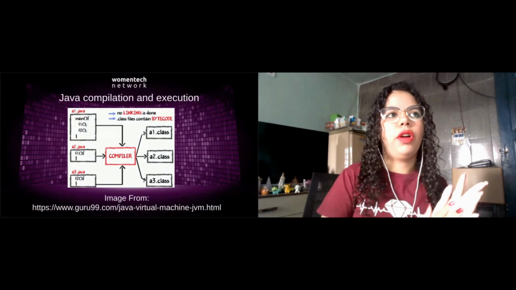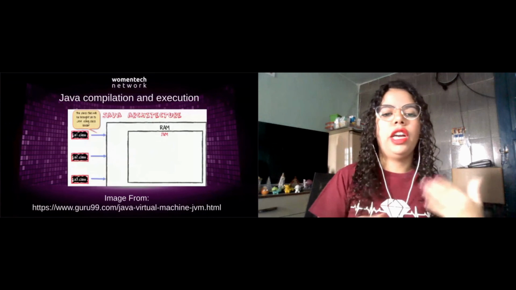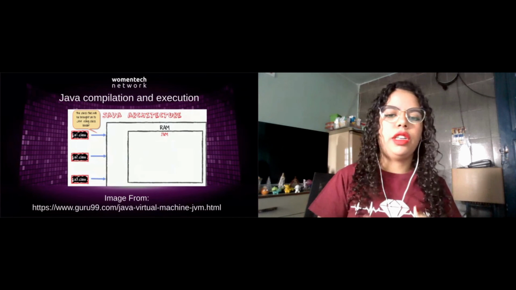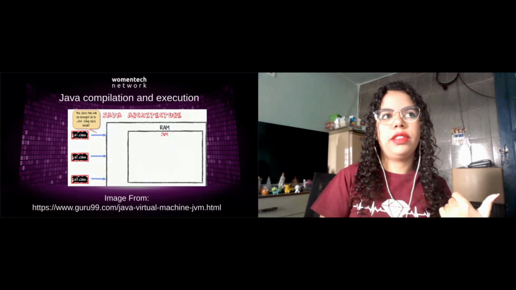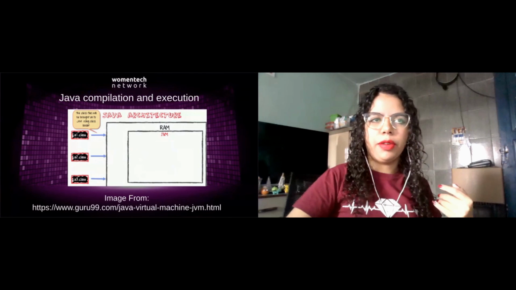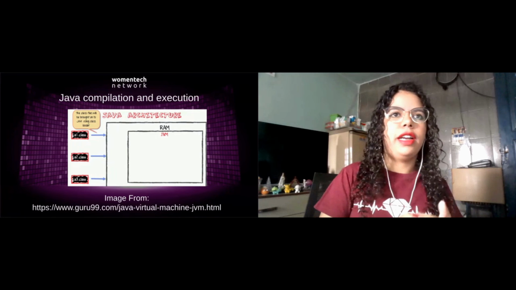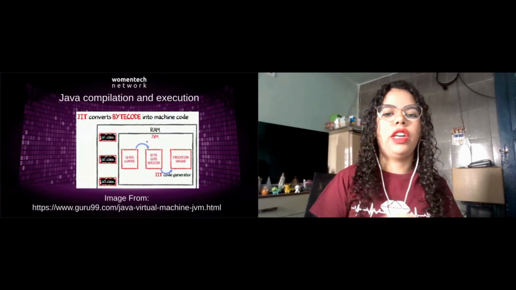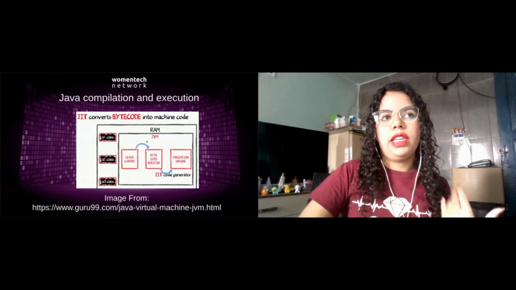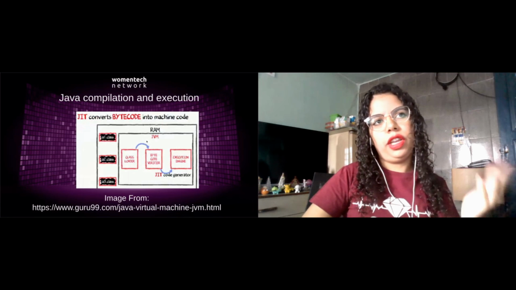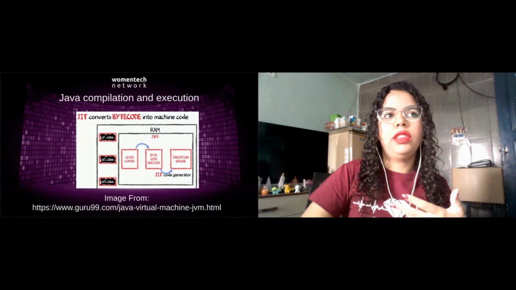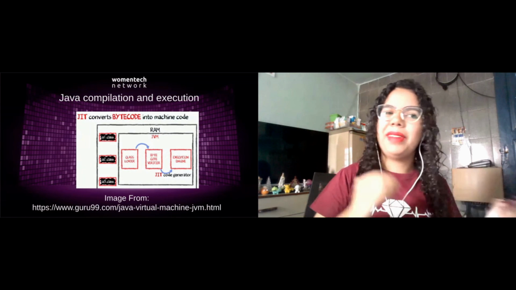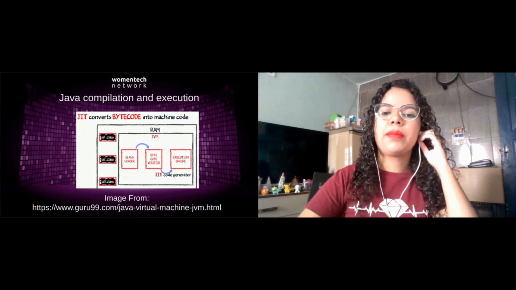In the second image of this compilation and execution, the Java VM, or virtual machine, resides in the run memory, and during the execution, using the class loader, the class files are brought to the run memory, and the bytecode is verified for any security breach. And in the last step of Java compilation and execution, the execution engine will convert the bytecode into native machine code, and this is just-in-time compiling. It is one of the main reasons Java is comparatively slower than other languages.